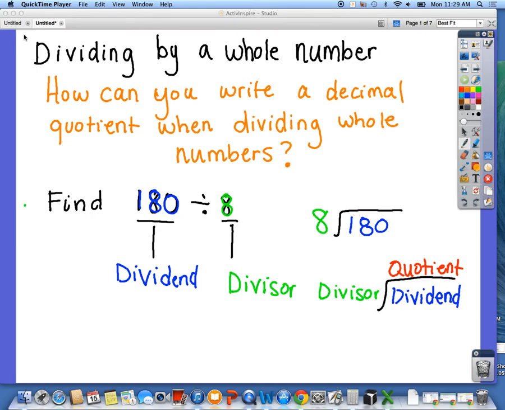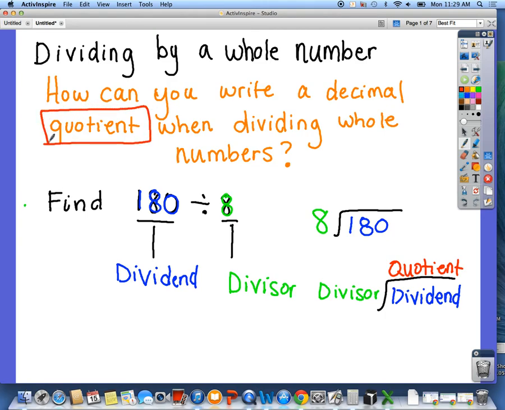All right, right now we are going to talk about dividing by a whole number. And the question that we're asking is, how can you write a decimal quotient when dividing whole numbers? So let's break this apart here, our question. A decimal quotient. So that means my quotient is going to have a decimal in it. So I've got to figure out, instead of having a remainder now, how do I create a decimal in that